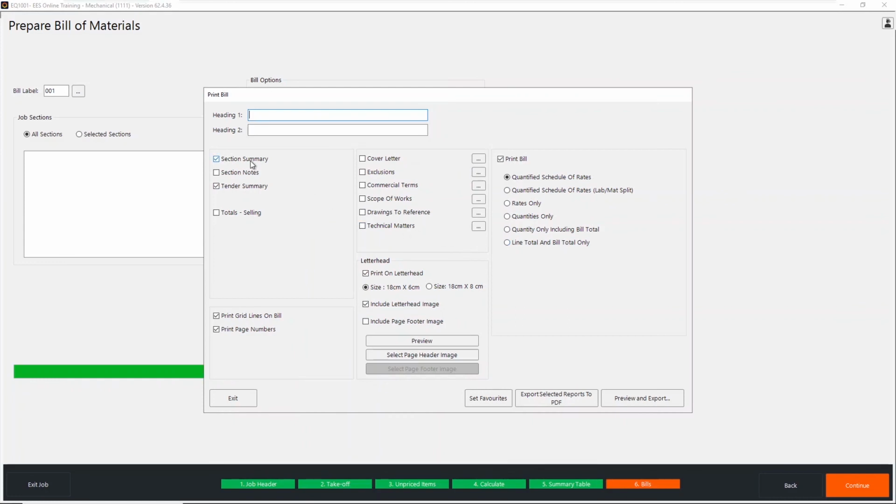So the first things are the ones on the left hand side, your summaries, either section, tender or the totals. Now one of these 3 is going to be most suitable just for showing the total cost of the section structure, which we've created earlier. I'm going to show you my personal preference, which is the tender summary. And I'm also going to generate a standard schedule of rates. You might not necessarily want or need to send that out at this moment in time, but I'm just going to show you it